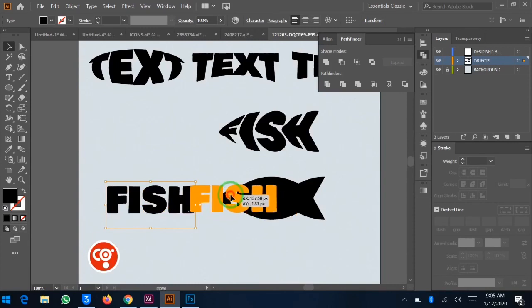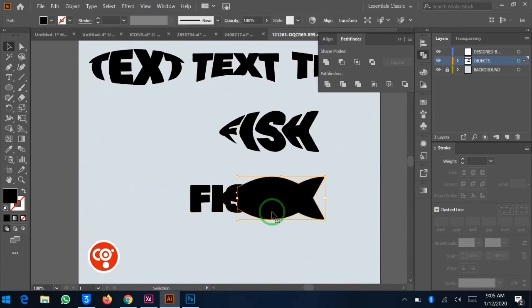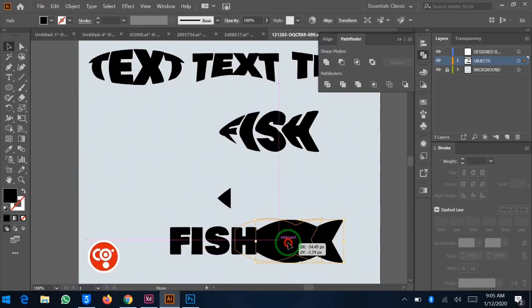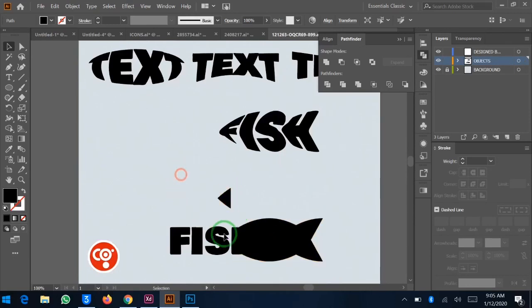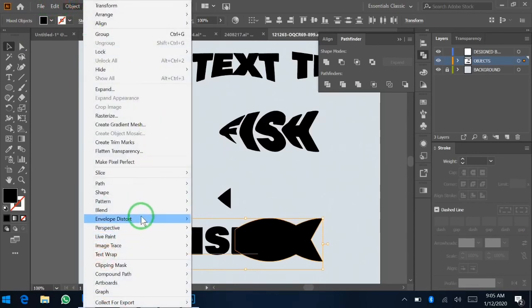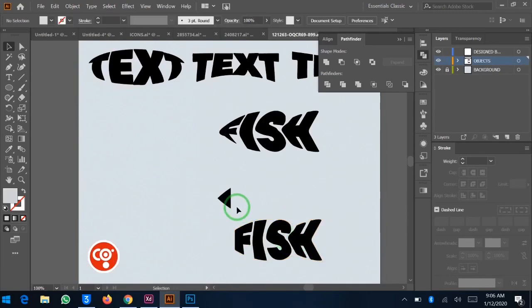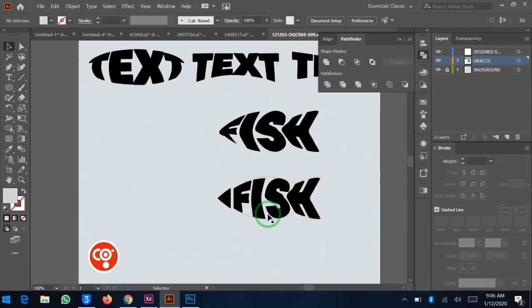So what we're gonna make with this fish is the second shape and the fish. Okay, so we click the second shape and the fish. How we do that, we bring this down so we don't confuse ourselves with the other shape right above here. Very good. So we select the boat, we click on objects, then we envelope the dots, and we make it. Very good. So now we have the fish, so we gotta move it above here, and we have what we want. Okay, now we gotta